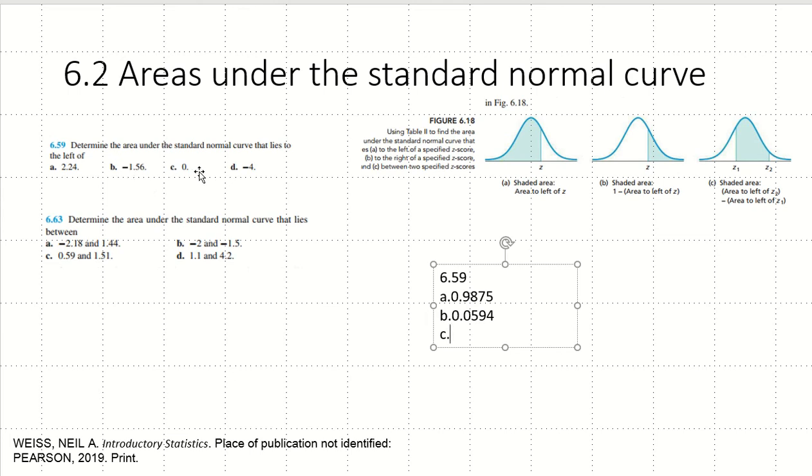So the next one is 0, and this one should be an easy one for us. The reason why I can say that it's going to be 0.5 is because 0 is at the center. The area underneath the curve is 1, and 0 is at the center of 1, which is half. So half of 1 is 0.5. Okay, but for those who are skeptical and don't believe me, I'll just go straight to